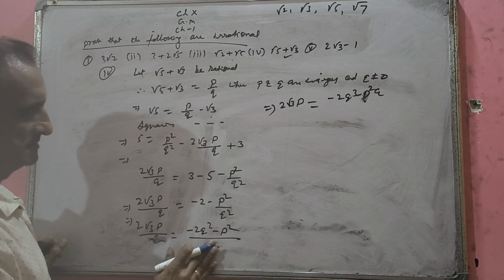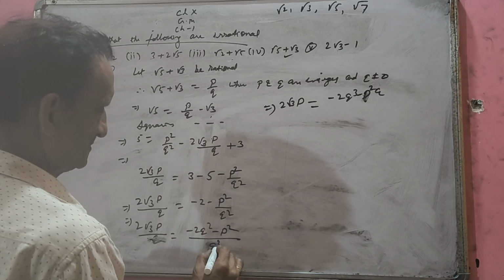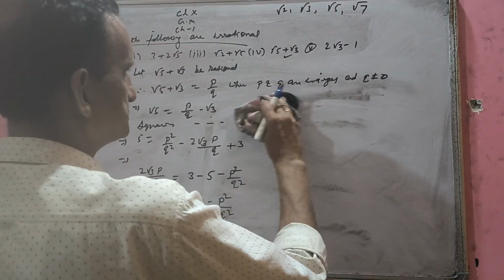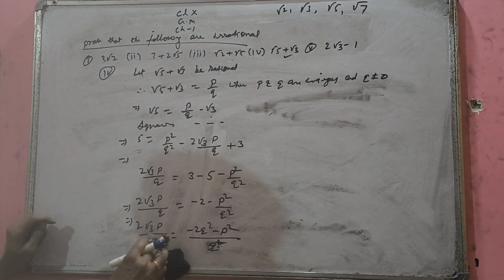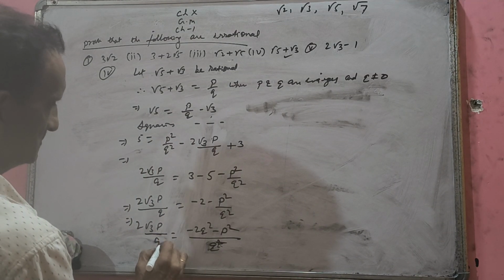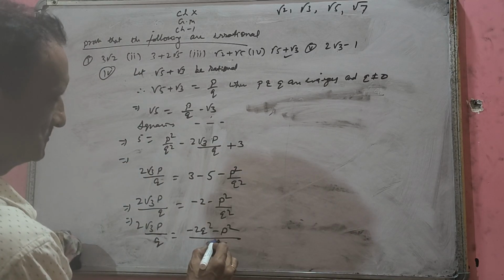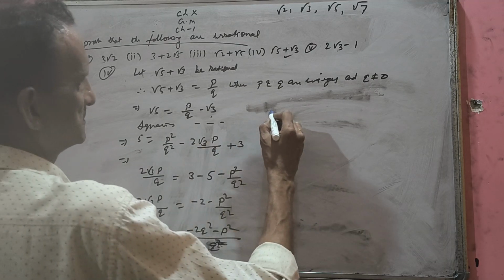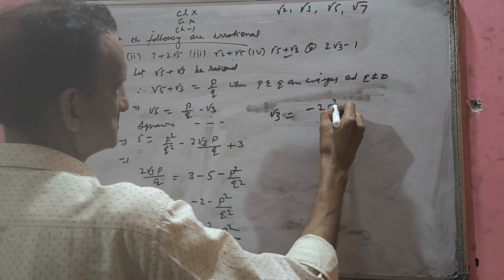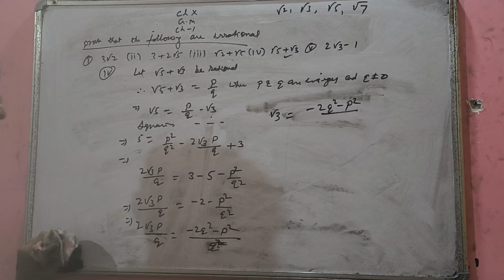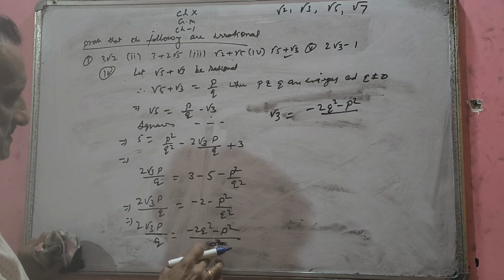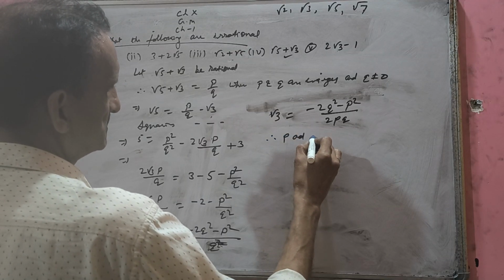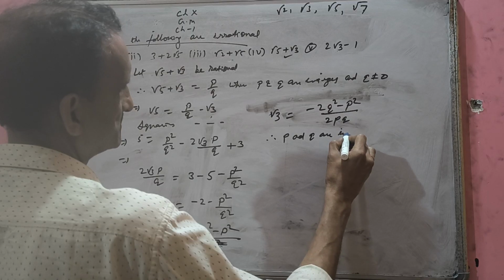Okay, this is to cancel only, sorry. This is q only. Q square is cancelled. Sorry. So what have you got actually? This q was cancelled only, no? And this power 2 is also cancelled. So what is left? Put root 3 on one side. Root 3 equals minus twice q square minus p square, by twice p will come here, and q already here, twice pq. Now see here, since p and q are integers,